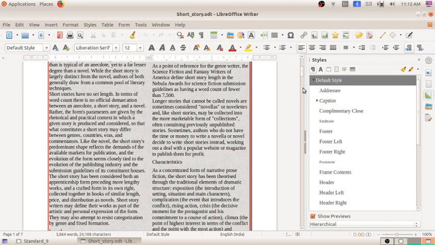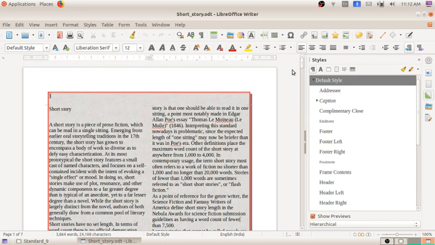Alternatively, we also made changes in the footer, and we gave the background color also. So today we will be discussing how to add an image in this short story file.